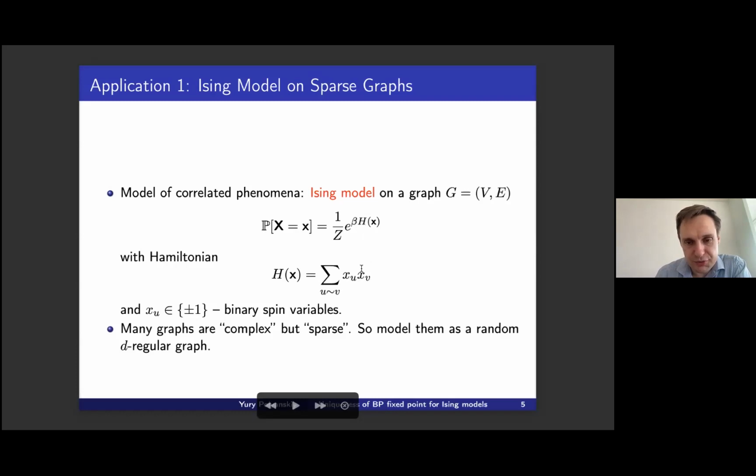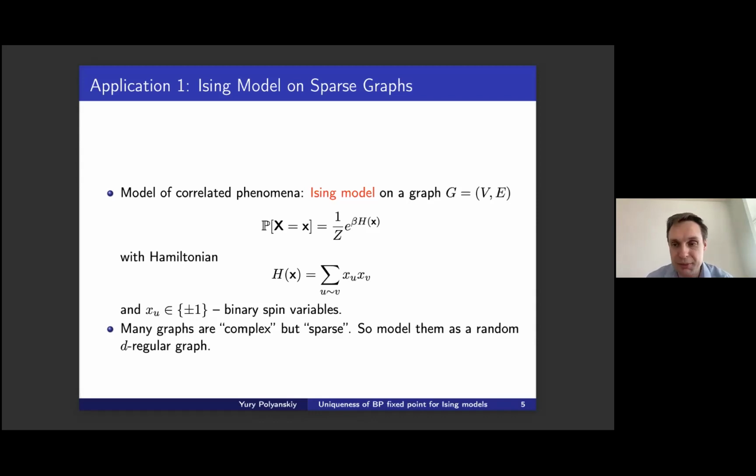If beta is positive, and then of course we have the normalization constant. So this kind of model appears in statistical learning questions. People try to use this model for various correlated phenomena on graphs. And then there is the next key step, which is that the graphs that appear in nature, or in